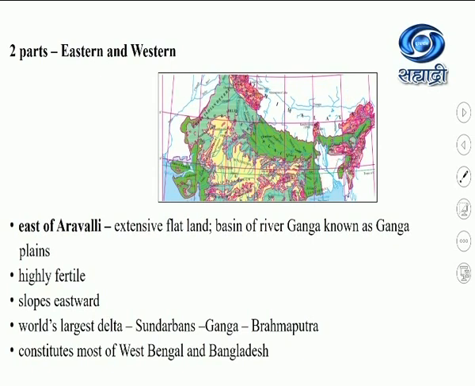So, river Ganga and river Brahmaputra bring all the sediments, and it has deposited at the mouth of river Ganga, and a huge delta is formed at the mouth, which is called the Sundarbans. Now this delta mostly constitutes West Bengal and Bangladesh region. So thus this is the eastern side of the Aravalli range, which is known as the Ganga